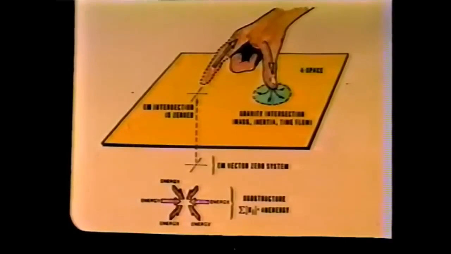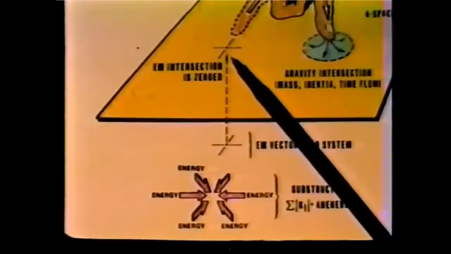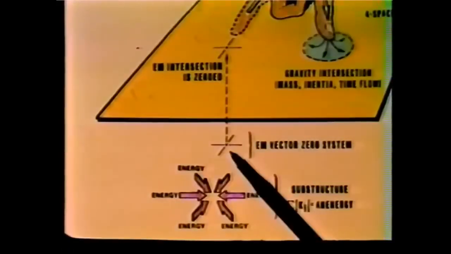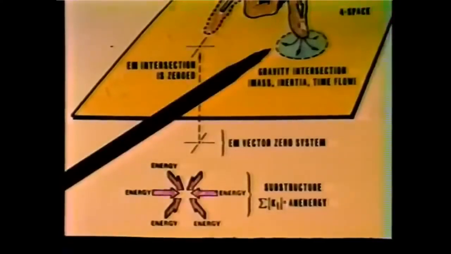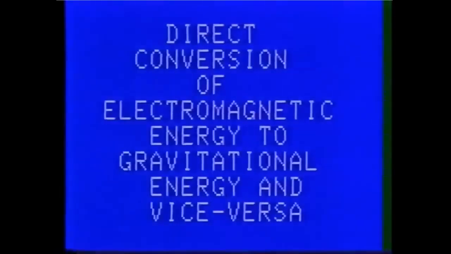But notice what we do if we deliberately zero the electromagnetic intersection, which is what we're doing when we make the zero. But we control what goes into the zero. We can put energy in there, or we can take the energy out. When we do that, it's coming in and out of the thumb as gravitational energy, directly as curvature of space-time. Now, what have we said? We have said that rigorously, with that simple mechanism, I can provide the direct conversion of electromagnetic energy into gravitational field energy, or vice versa. Now, if you want to do anti-gravity, gentlemen, there it is.